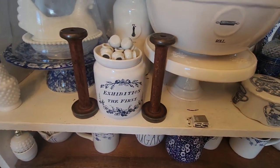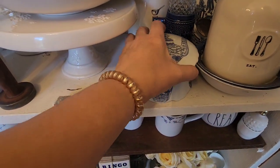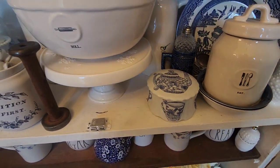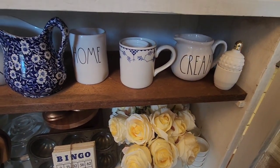So I just have some jars and canisters here. I went back on separate days and found the lid to this thing. Isn't that funny? And she gave it to me. I said, that's the lid. I was just in here like 2 days ago. She goes, just take it. It's good. So more of the vintage